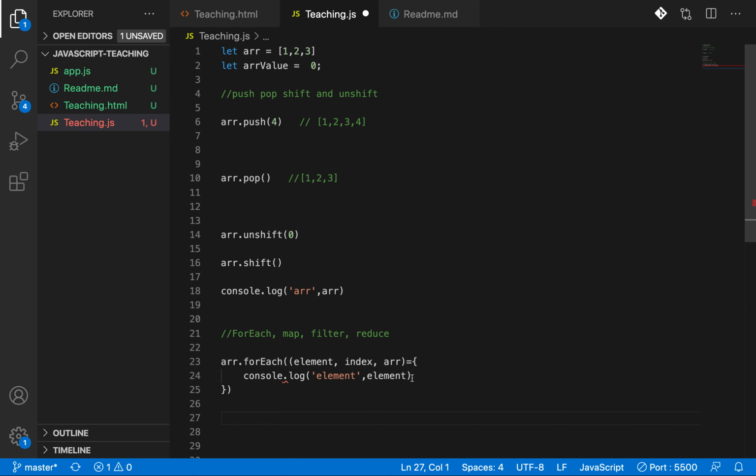I think I got some error. Okay. You see? As I said, friends, let's see the index and array also.